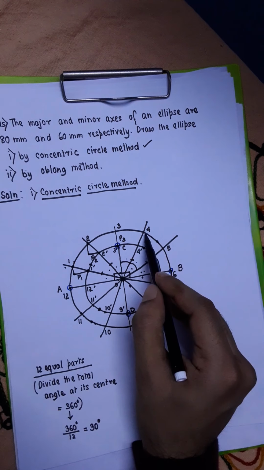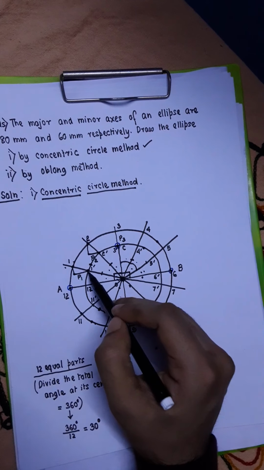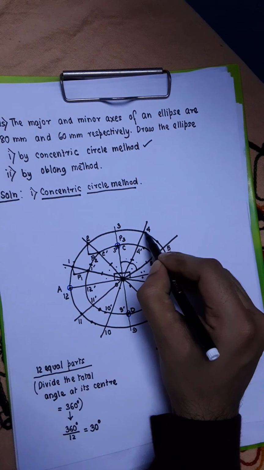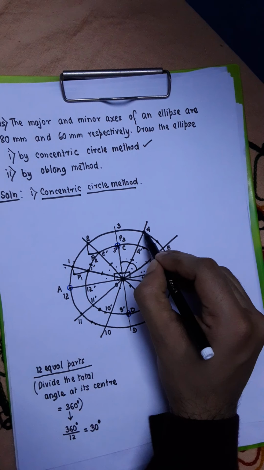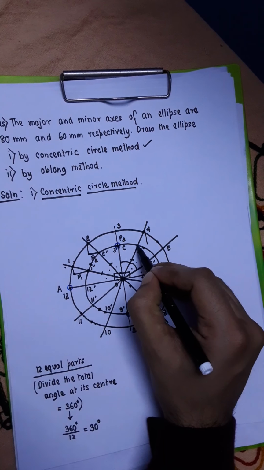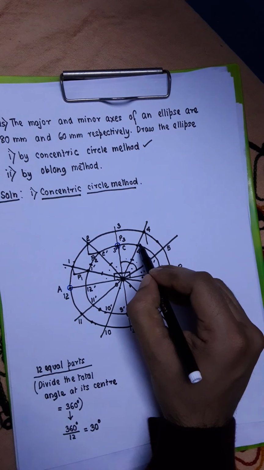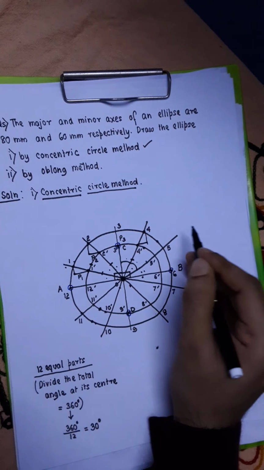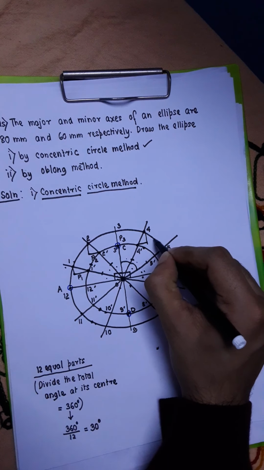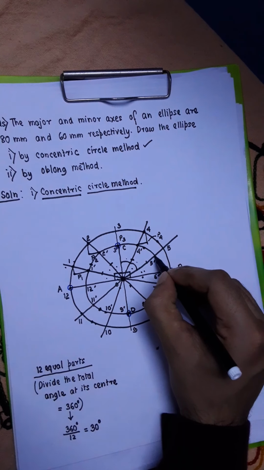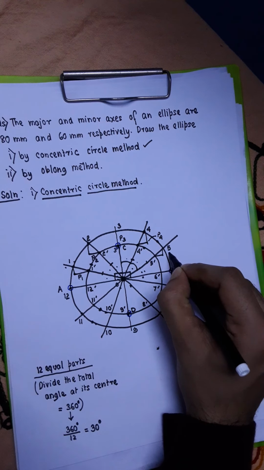The point P4 can be obtained by doing a similar construction as we have done for 1, 1 dashed and 2, 2 dashed. So you remember the rule. Point 4 is lying on the major axis circle. So from this point you should draw a line which is parallel to the minor axis, means a vertical line. And 4 dashed is a point which is lying on the minor axis circle. So from this point you should draw a line which is parallel to the major axis. So a horizontal line. So wherever they meet, that point you call as P4. Similarly, you can obtain P5 by doing a similar construction.